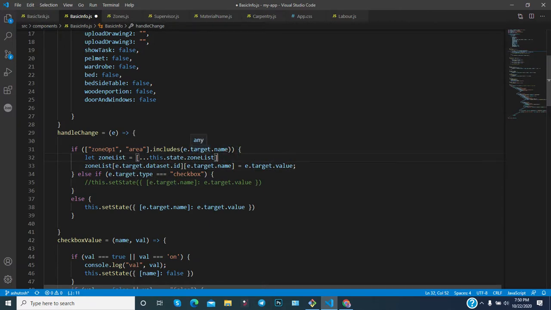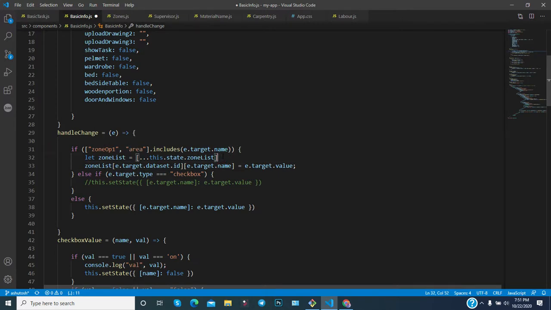Then you will get the idea that if you use the name, you get the value of the name. You are checking this array, and whether option 1 and area are available in it. So whatever data you are collecting, is it included in this particular array or not?